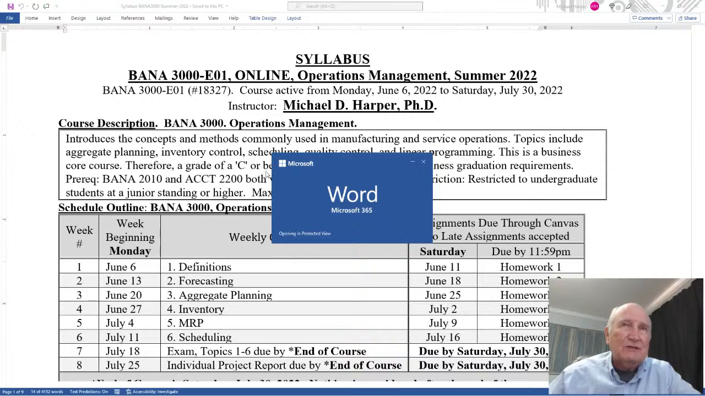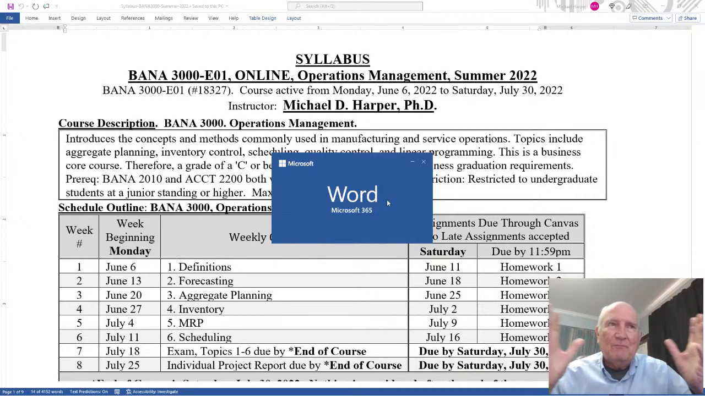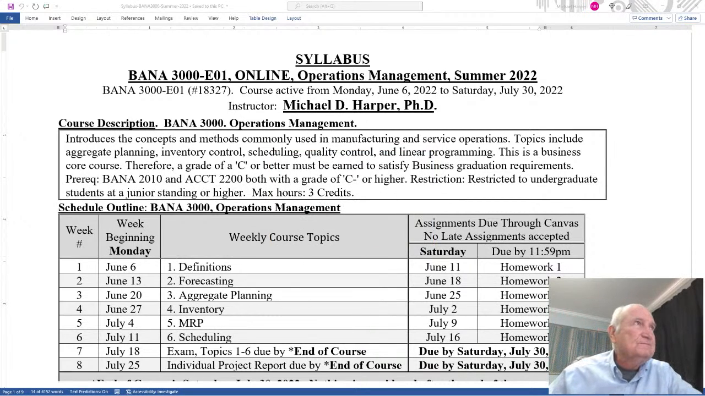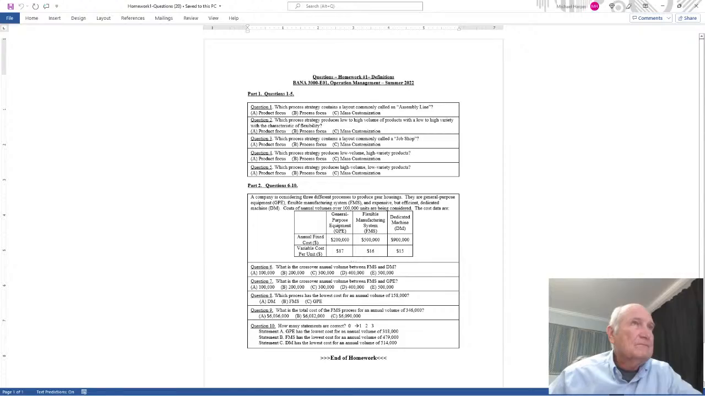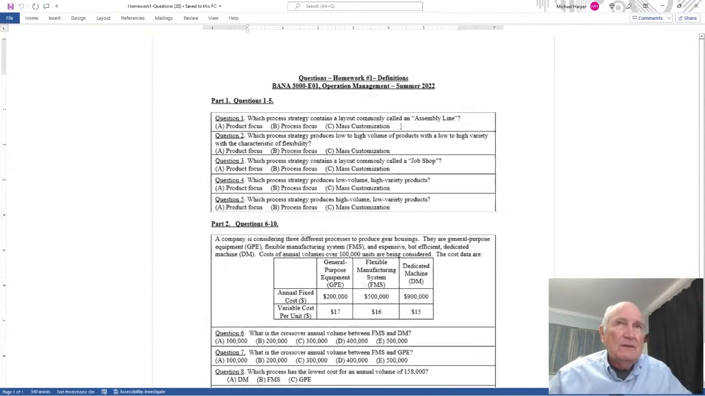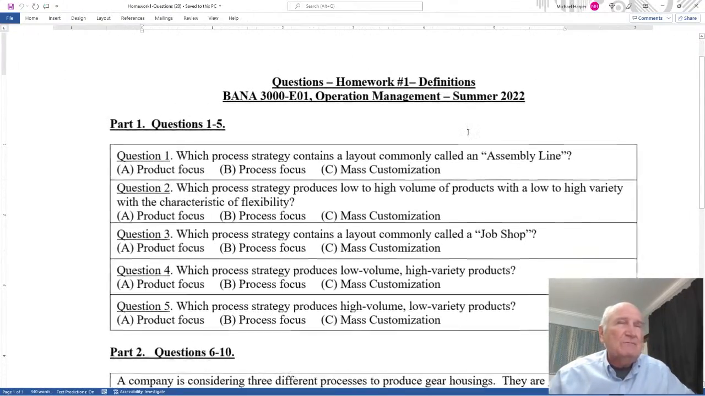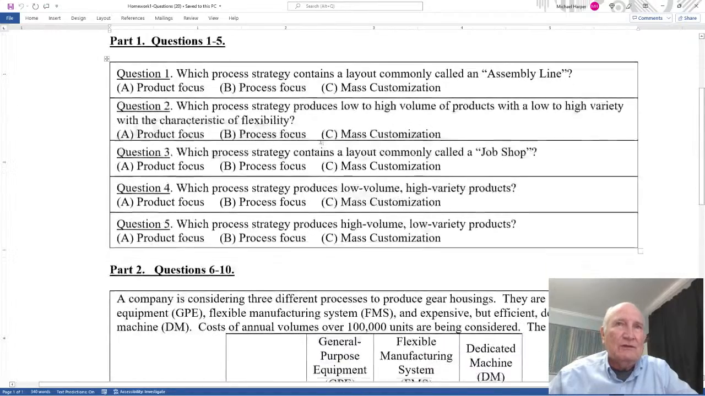Usually it takes a while to open. I don't know why it takes so long. My system has to be cleaned up. Okay. When you open the Word file, you have multiple choice questions. Whoops. There we go. You have multiple choice questions, and basically you go through and get all the answers,